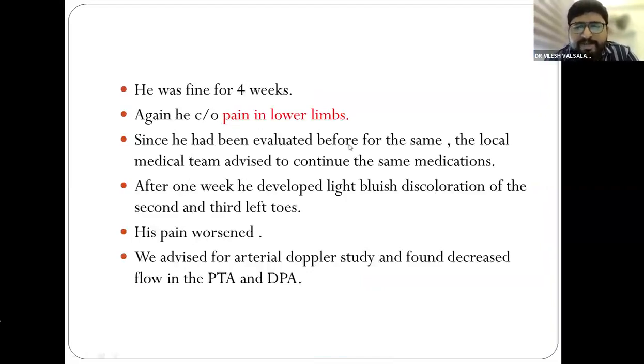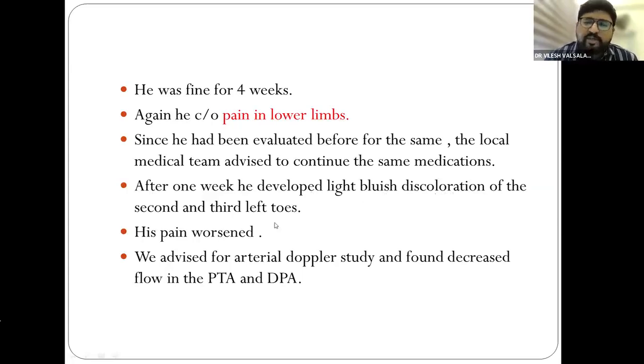Now since he had been evaluated before for the same, because so much testing and evaluation was done, the local medical team advised to continue the same medications. The doctors already saw the file, a neurologist has already seen him, and diabetic neuropathy is present. So they said to continue the same thing. Now his pain worsened. And also, after 1 week, he developed light bluish discoloration of the second and the third